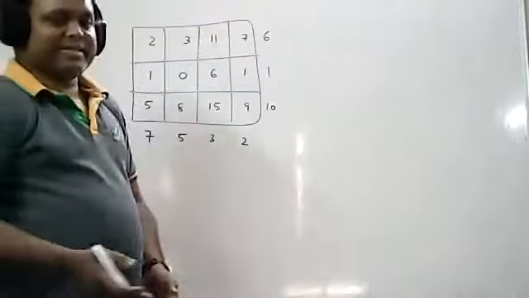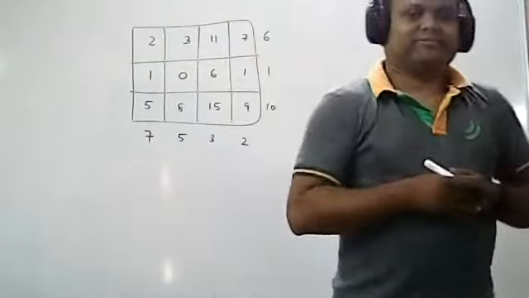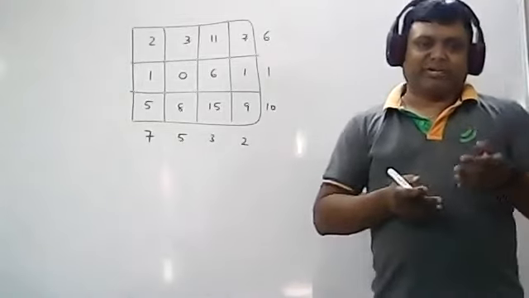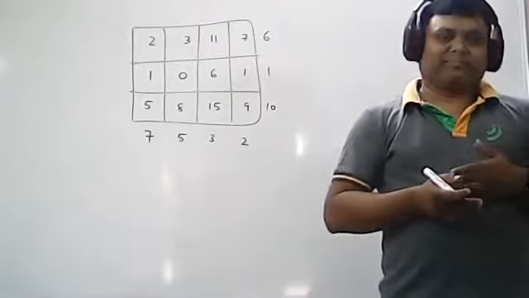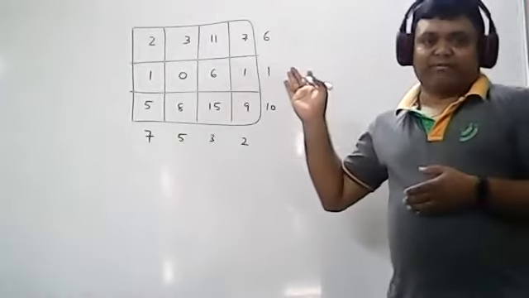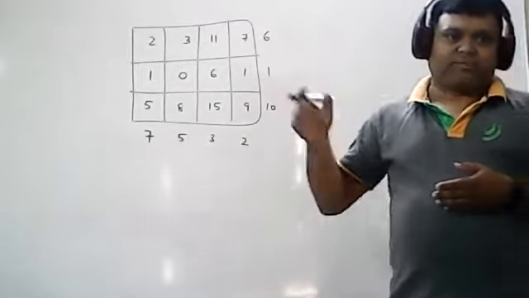The first 2 steps are the same as what we have done in the Modi method. What is the first step? The first step is that you have to identify the IBFS by using any one of the 3 methods: northwest corner rule, matrix minimum, or VAM method. Which method will you apply for finding the IBFS? Always we will use the VAM method because it is closer to your optimum solution.